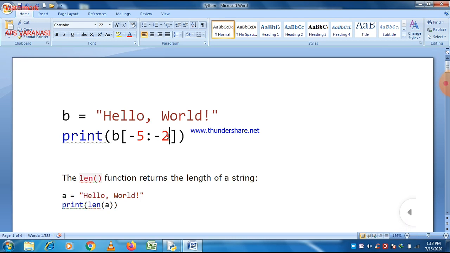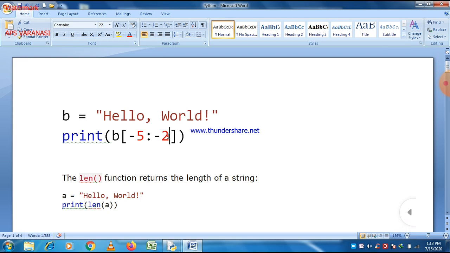In our previous lecture, we already discussed indexing of a string. As we know, index positions of strings start with 0, so h is at position 0, e is at position 1, l is at 2, the second l is at 3, o is at 4, the comma is at 5, and space is also considered a character, and so on.